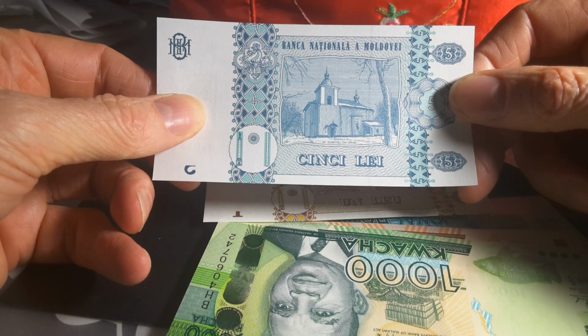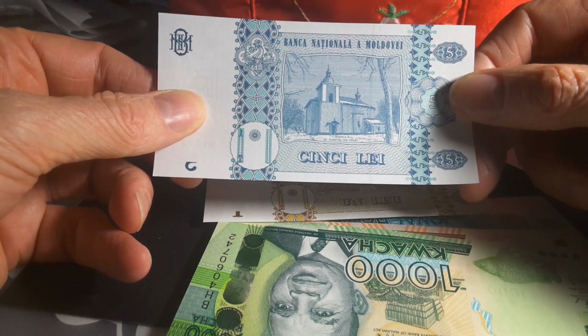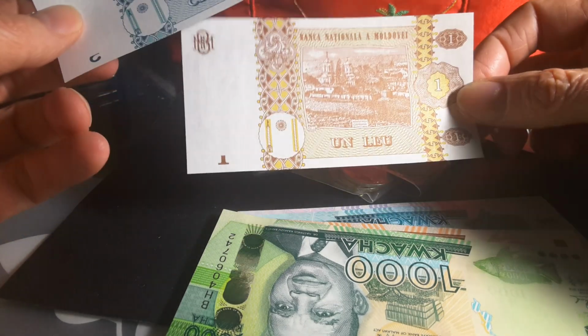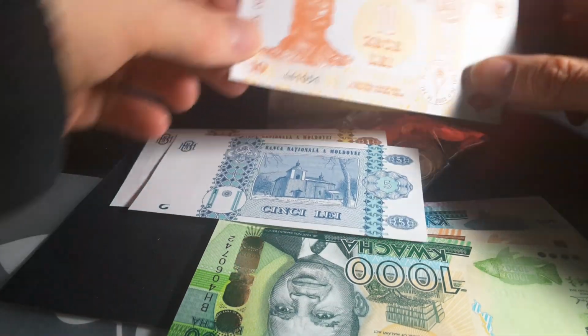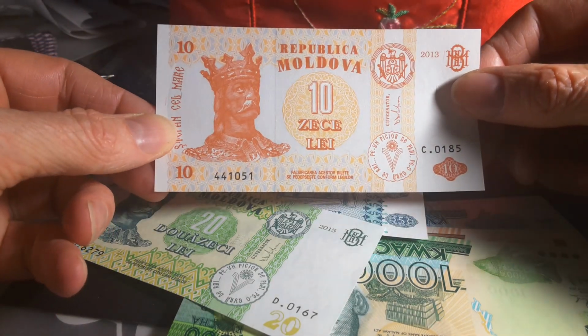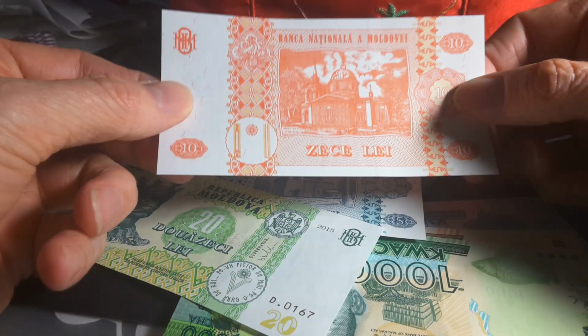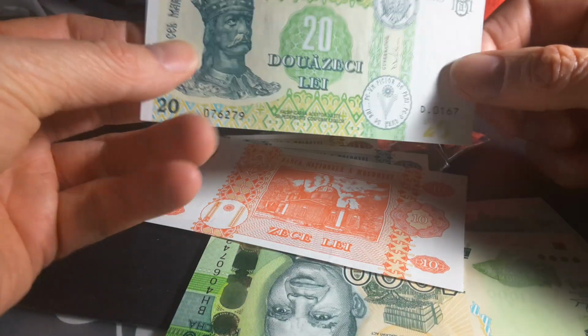Okay, this is Sfântul Dumitru, and so it's a church. Oh, that's also a church as well. That looks like a monastery actually. Pretty large church. Then 10 lei, 2013. Another monastery. So these monasteries in Romania, Moldova and all that,